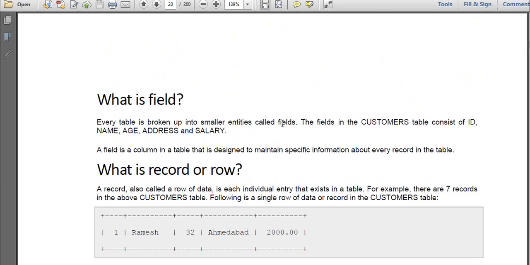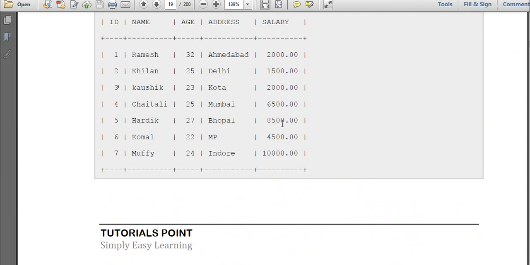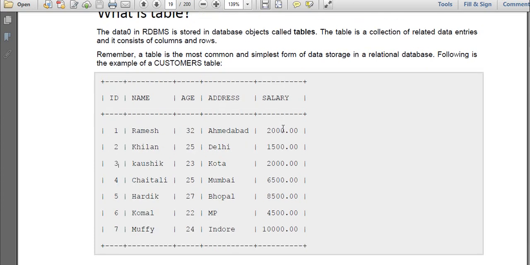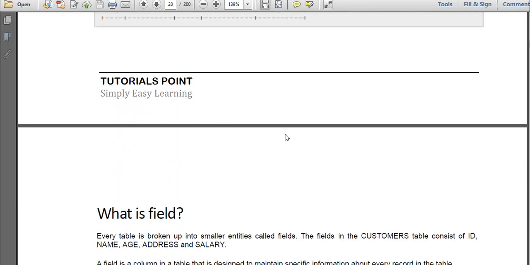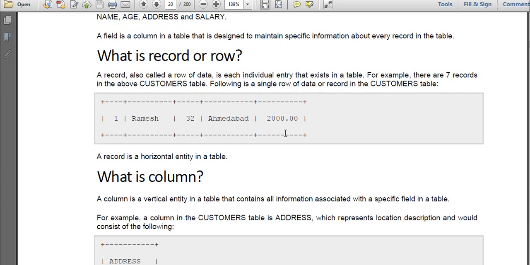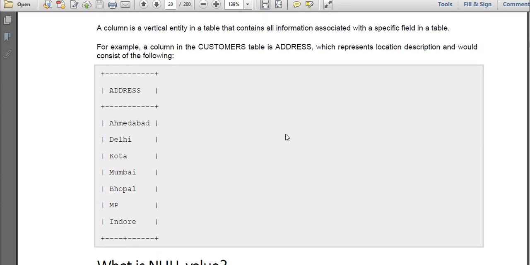What is a table? What is a field? What is a row? Did you get the idea? Any doubts till now? No doubts. Okay, fine.